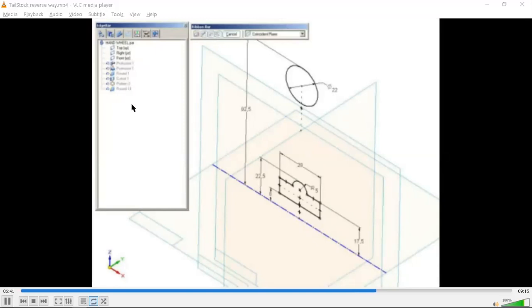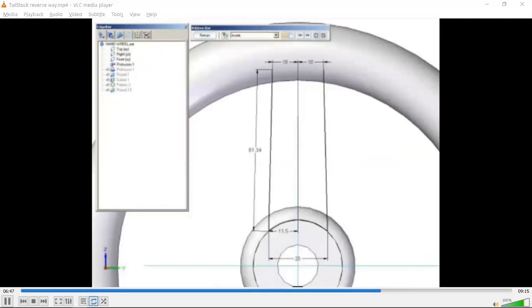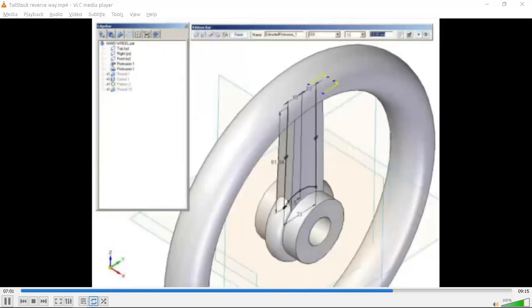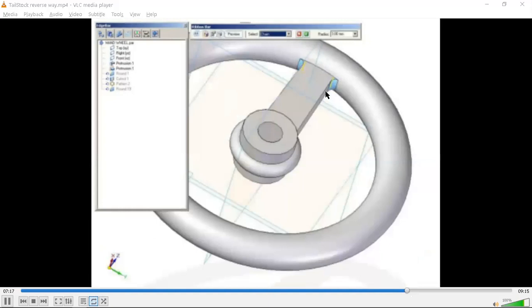Here in the edge bar, you can see the commands which we have used to make the hand wheel. I have given the round command here.